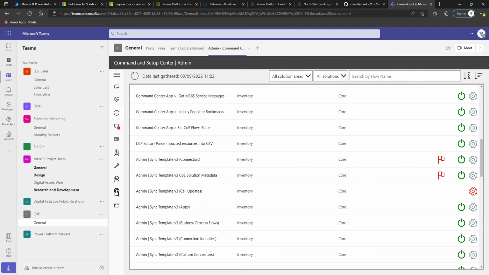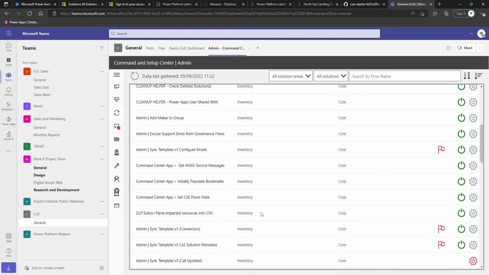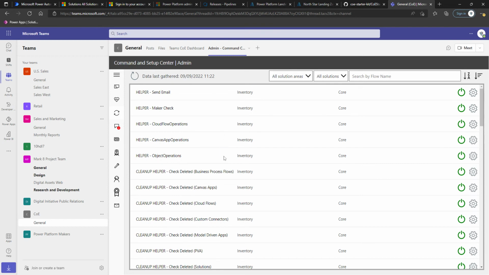Now, I believe that if you use the classic solution editor, which is still available in a full Dataverse environment, not a Dataverse for Teams, you may get the option that even with those unmanaged layers, to still overwrite them. Whereas for the most part, and certainly in the case of Canvas apps and flows, what Microsoft say is that any customized area, for the update to fully do what it needs to do, you need to remove